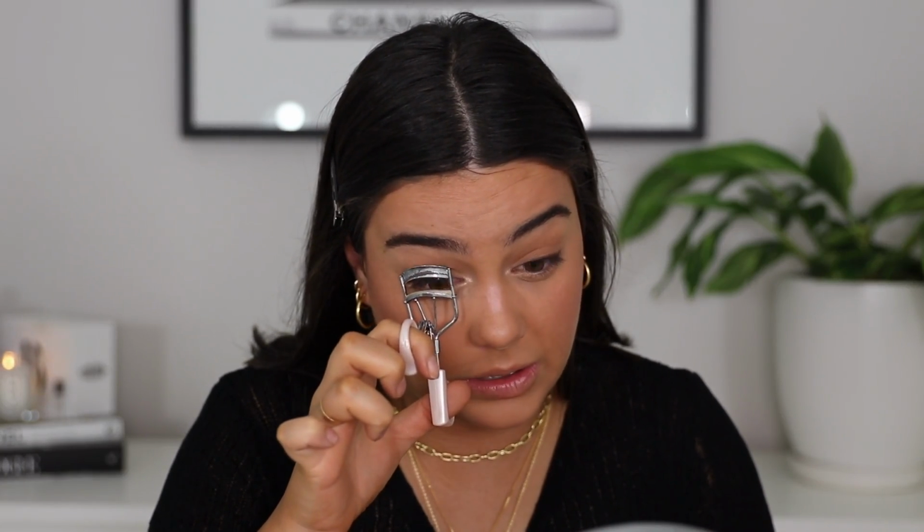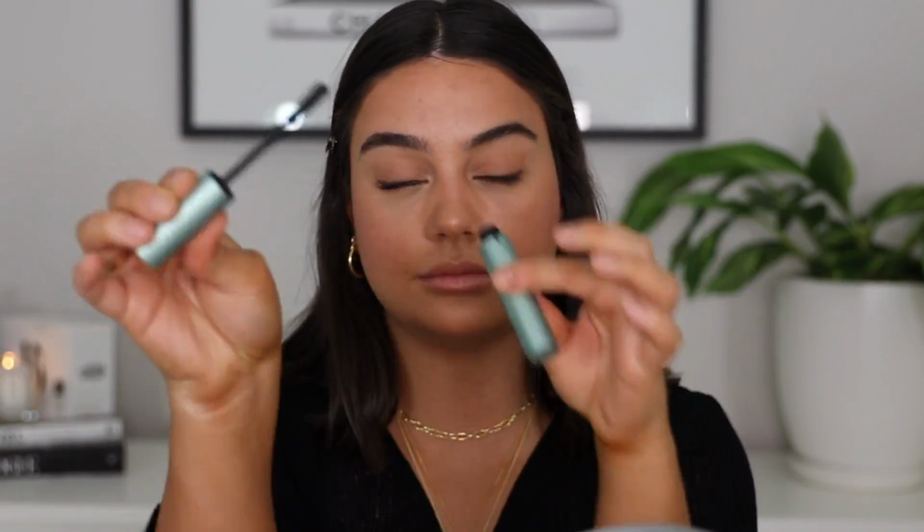Just gonna curl the girls. And then I'm gonna go in with my Too Faced Better Than Sex Waterproof Mascara. Guys, this has been my absolute lifesaver. If you have straight lashes that do not hold a curl, get on this. I've mentioned it about 10 million times on my stories on Instagram, but this will change your life. My lashes are so straight, which is weird because I have naturally curly hair, so...